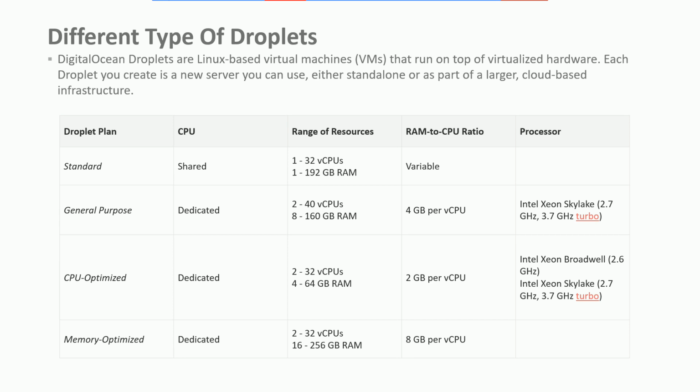I will also explain the difference. There are up to 240 virtual CPUs. The first one, standard, is 1 to 32 virtual CPU, but when you go to general purpose, the minimum requirement is at least 2 cores or 2 virtual CPUs to work with.